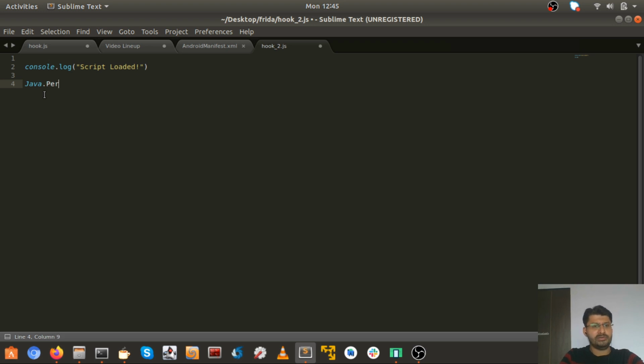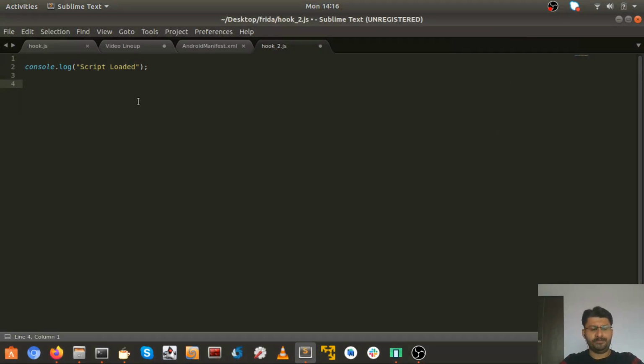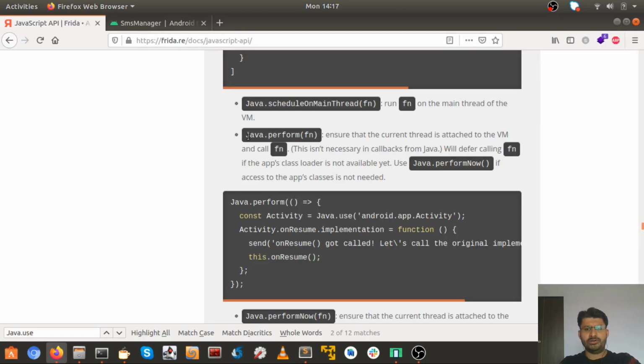And the second thing is, once we have this ready, what I like to do is use java.perform in order to wrap around my complete JavaScript. So first of all, let's see what the syntax of java.perform is.